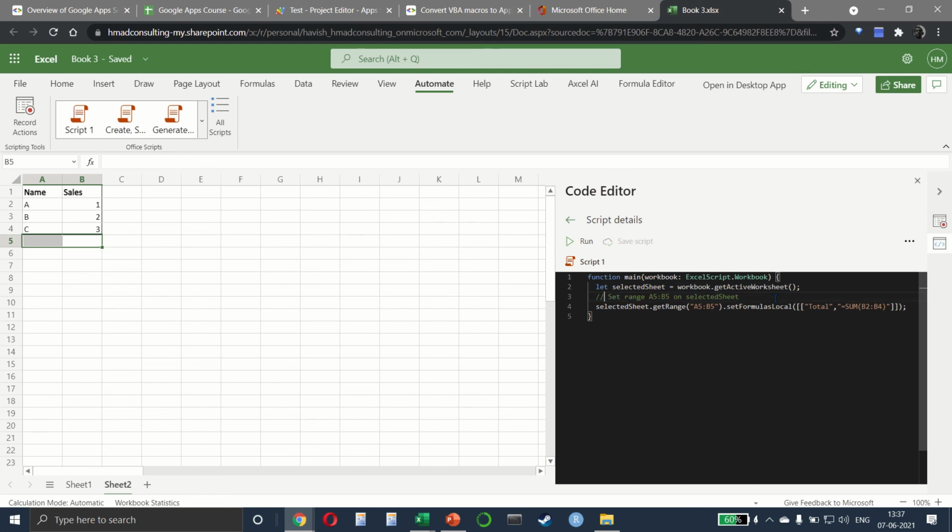This is a comment where it says that we are selecting A5 to B5. And then finally, it says that in the selected sheet, the range A5 to B5, we are putting a formula. So total comes in A5 and the sum of B2 colon B4 comes in B5. Like I said earlier, if you want to make it relative, then you will have to do that manually.